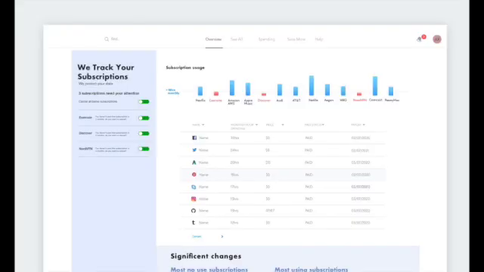Two features I think will be very helpful. They allow me to turn on or turn off a subscription very easily. I can see the chart where I spend most of my time. Let's take a look at the final design.